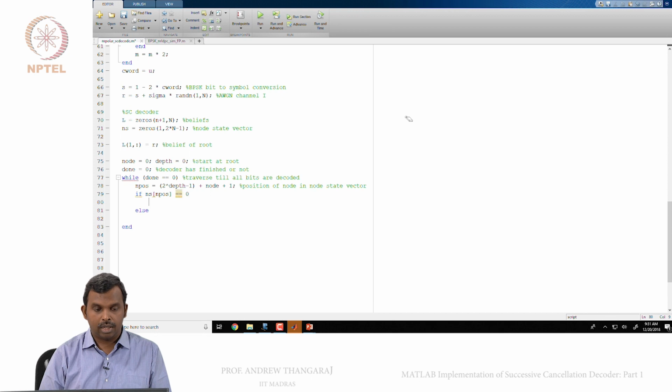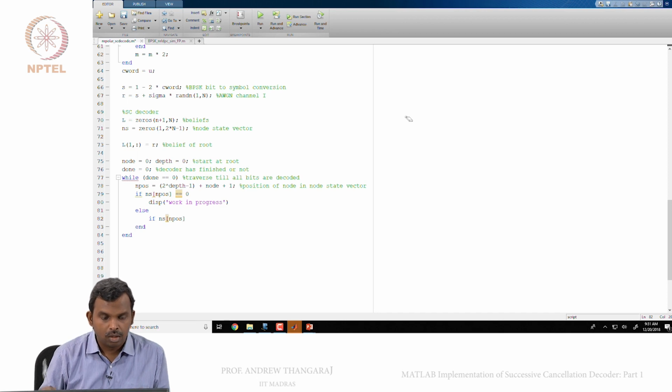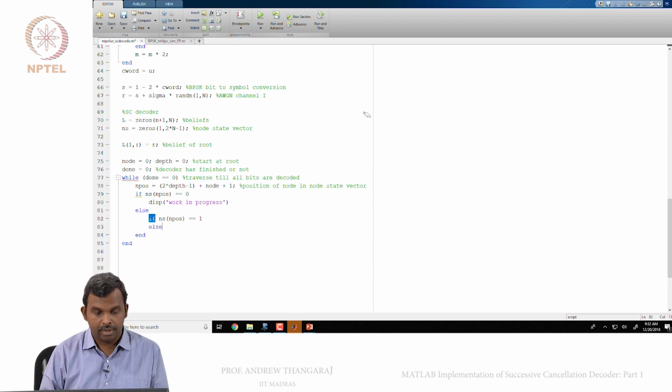Else, so for now I will simply say display work in progress, we will write it. Else if, so it is good to end these elses. If ns of npos, where does it, okay, so I think I made a mistake here, this should be the wrong bracket. Ns of npos equal to 1, you have to do something, else